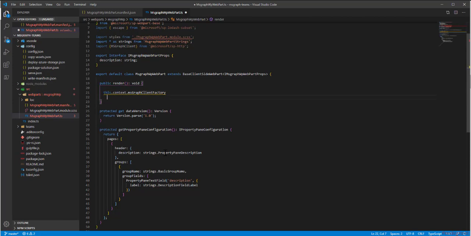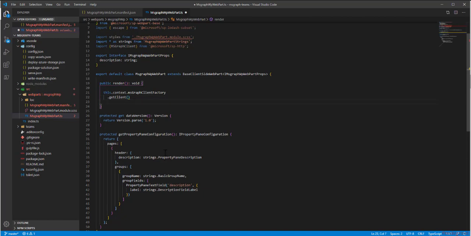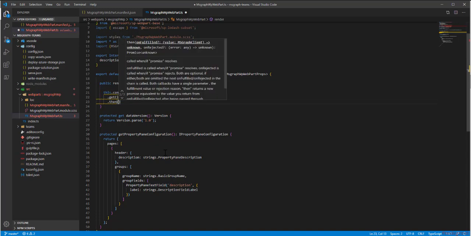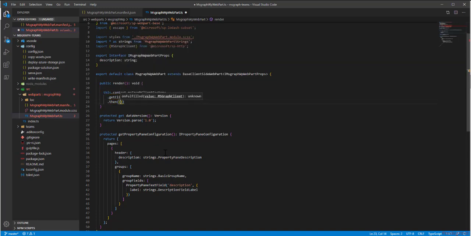Within that factory, there is a method called getClient. Always use the getClient. This method will make the Graph call much simpler within SharePoint Framework, which provisions your context for the Graph API. And once this getClient is successful, then we're going to call something like